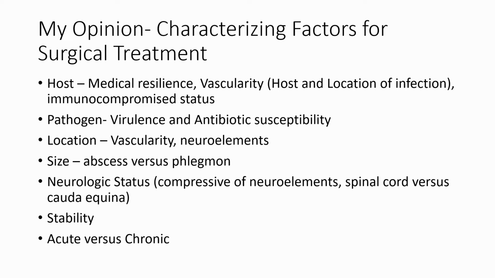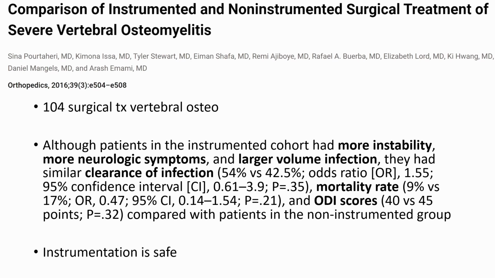Neurologic status is important, and then also is it spinal cord or cauda equina in terms of the compression. Stability, do you have anterior column support or don't have anterior column support? That's also an important factor. And acute versus chronic. So this is one of our papers looking at 104 cases treated surgically, kind of looking